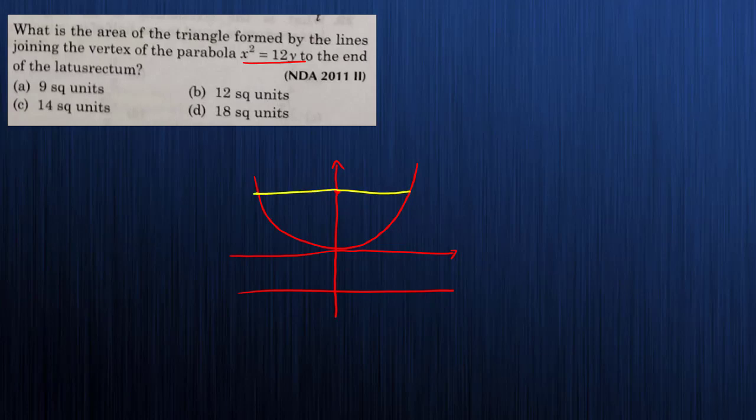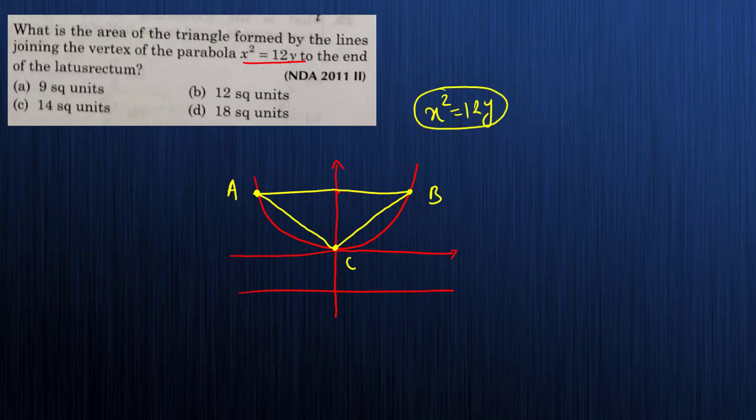Okay, what they are saying कि end points of the latus rectum and the vertex we are joining, and we are having the triangle now. Now what is the area of this triangle? Suppose this is A, this is B, and this is C. What is the area of this triangle they are asking? So from the equation of a parabola x square is equals to 12y, can you give me what is the length of latus rectum is? So this part is the length of latus rectum, which is 12.